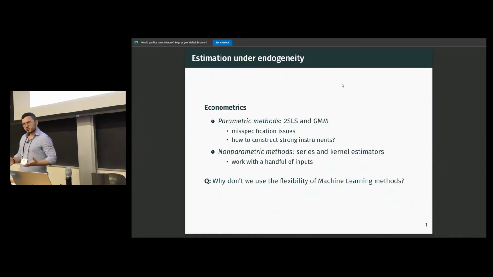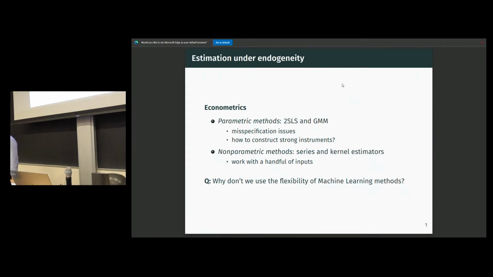It has been especially successful in estimating parametric models. The seminal examples are the linear two-stage least squares estimator and a more general GMM estimator that allows us to estimate a wide variety of nonlinear models. But as with any other parametric method, these methods suffer from the same problem. If the functional assumption isn't correctly specified, we will get misspecification bias, and our estimates are not going to be that great. Especially when we talk about nonlinear models,